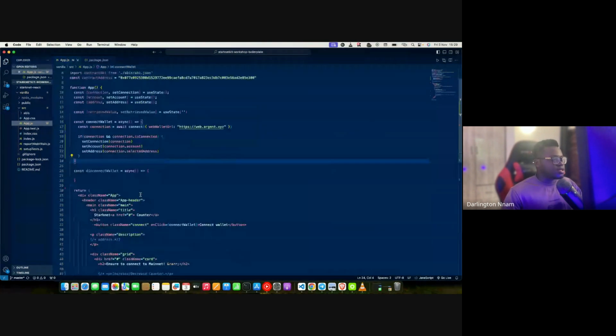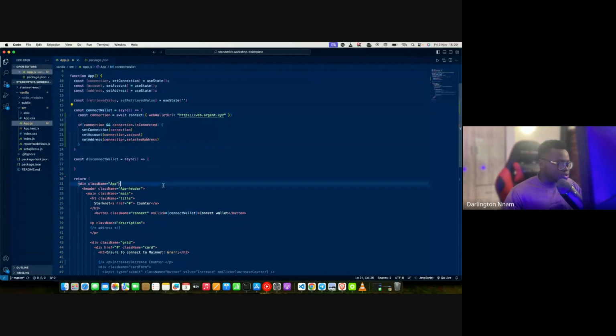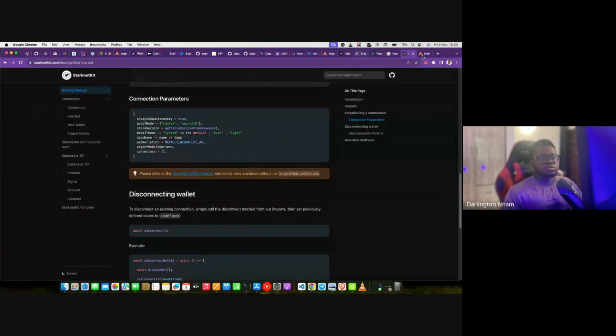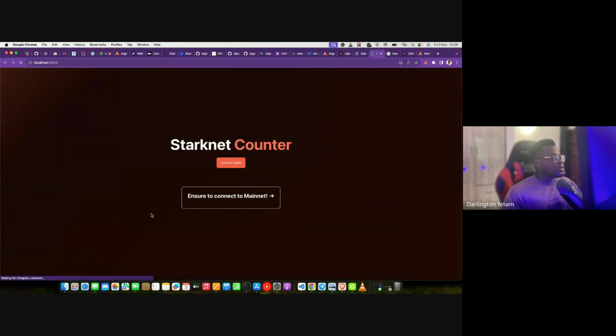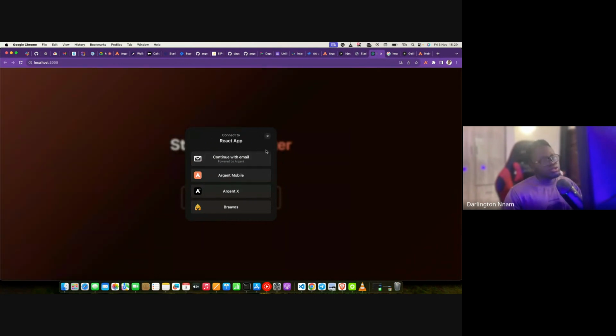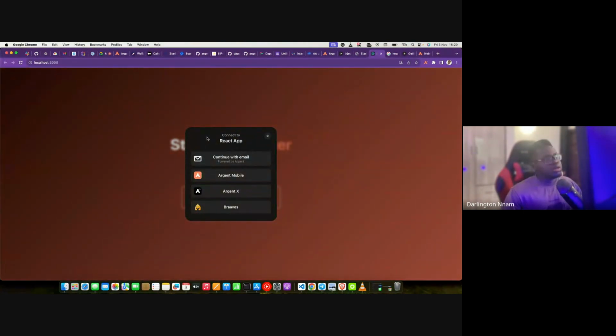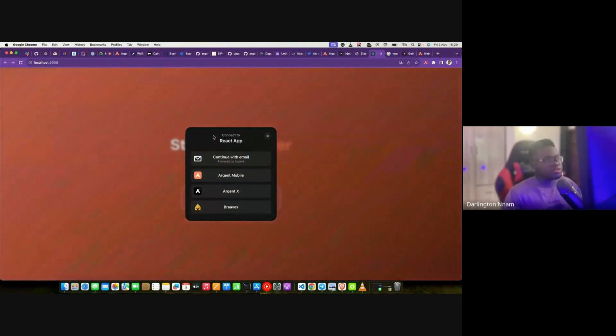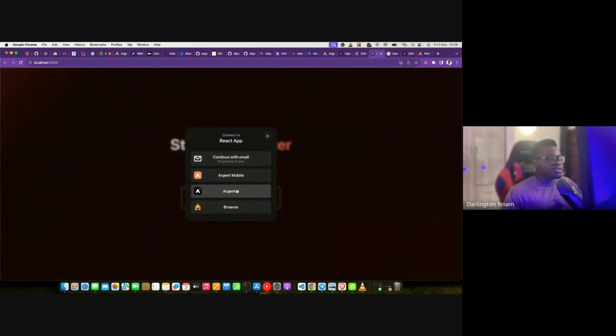So we try to save this, right. We want to ensure that we call this function. So we have this simple connect wallet button, which calls the connect wallet function. And if we do all this right, we save and we go back. You click the connect wallet button, and you can see we now have access to the connect modal, and you can see the different connectors that come out of the box with the StarknetKit SDK. So you have Agent's web wallet, Agent's mobile app, the Agent X extension,